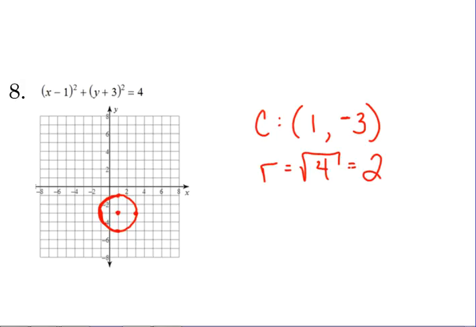Okay, the key takeaways from this part, we are going to expand upon this on Monday. To find the center, you change the signs of both those numbers. The number that goes with x is your x coordinate. The number that goes with y is your y coordinate. That should make sense. And then you have to take the square root of that number on the right side, or it could be on the left side, to get your radius. Pretty simple. We just have to be careful